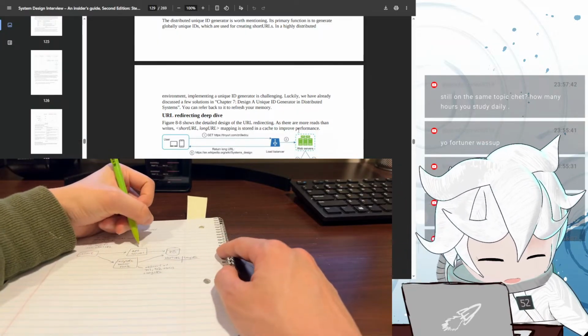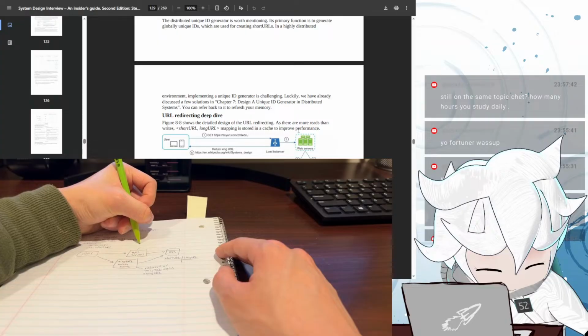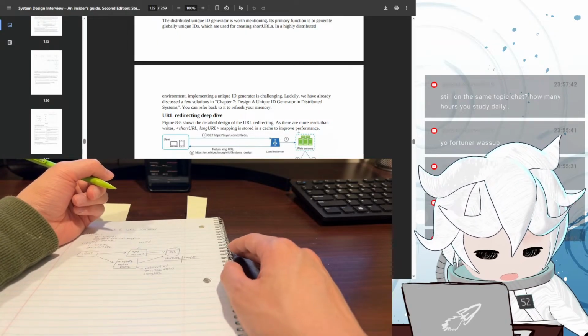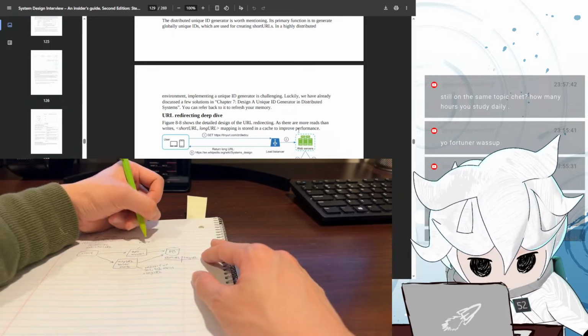So for scaling of the API servers, we can put multiple servers plus a load balancer.